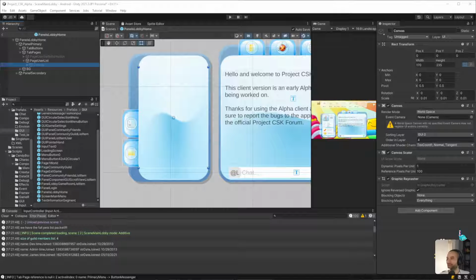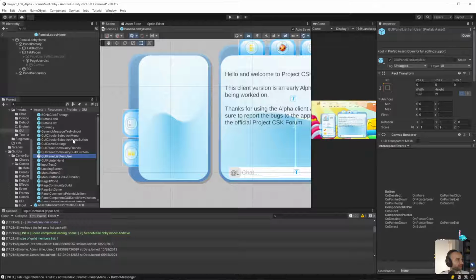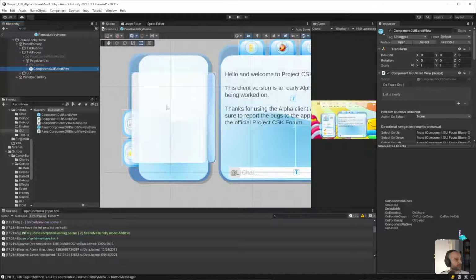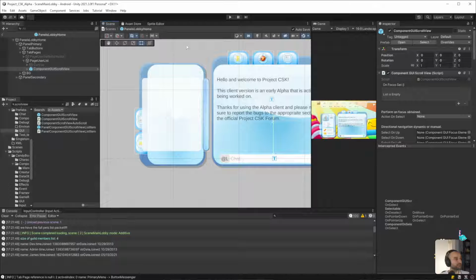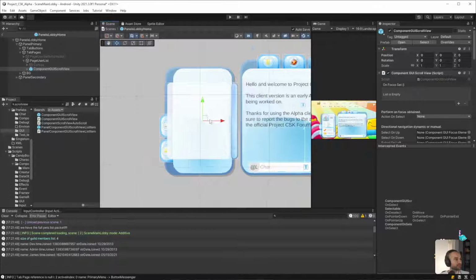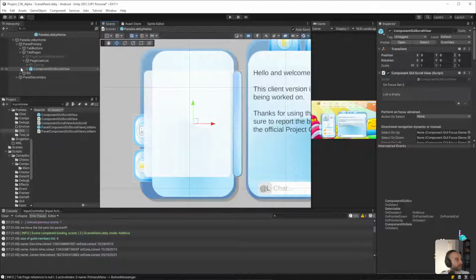Okay, so what we're going to be doing is I need to find that prefab, and I often forget what it's called, but it's something scroll view, component GUI scroll view. That's it right there. Okay, so we'll bring that in, drag and drop there. Of course, it's a little bit too big, which is fine, not a big deal. So you can see the size of it, but it's a prefab, right? So we can safely modify this instance of it without it affecting other areas.